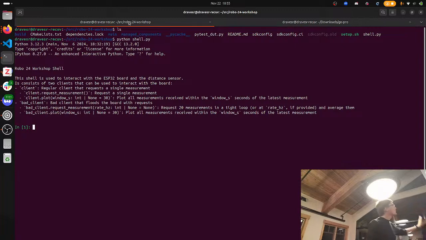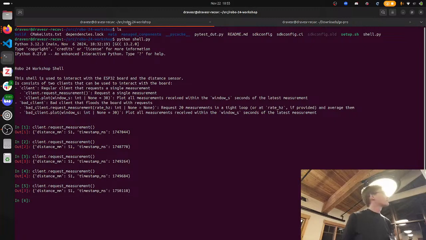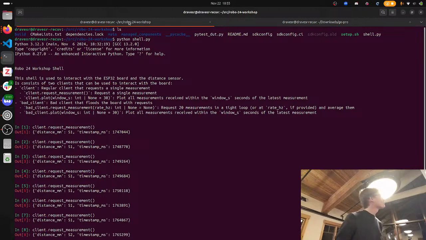You can see that the shell exposes 2 clients here, and I can request some measurements from there. The shell does support tab completion if you feel so inclined, and if I request some measurements, I get a pretty consistent value. It is 51 millimeters away. We are assuming that we're at sea level with this measurement, so that might be proportionally off given our altitude, but give or take, it's giving a good measurement and it's doing so consistently.